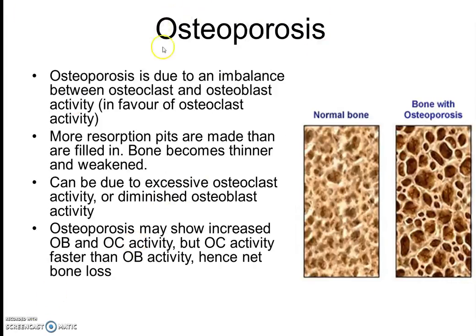So osteoporosis is a disease of bone where we tend to get reduced bone mass, and this is often most obvious in the trabecular bone at the ends of the long bones. This is showing normal bone with a very tight-knit meshwork, like a honeycomb structure, whereas in osteoporosis we've got these much more open circles where there's no bone material, and across this section it will be much weaker and much more prone to fractures,